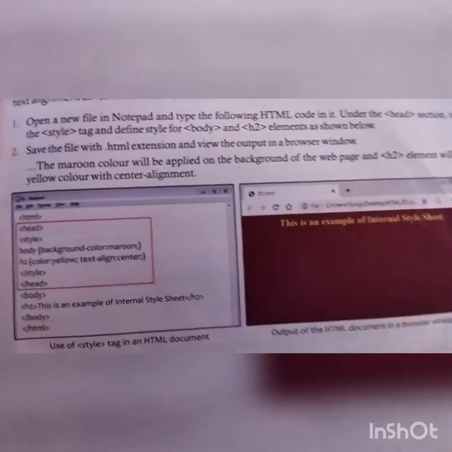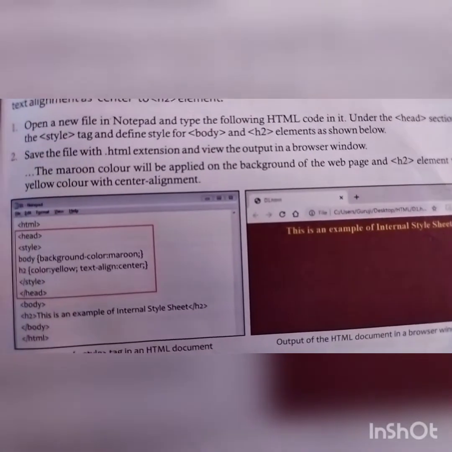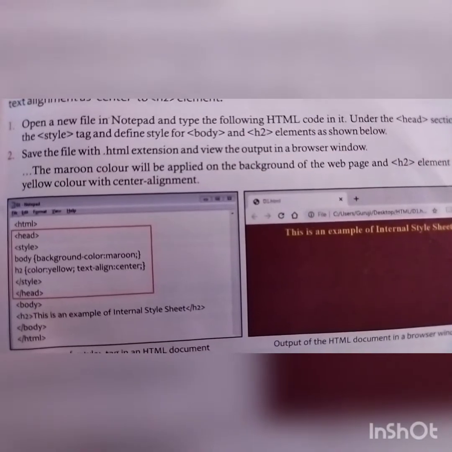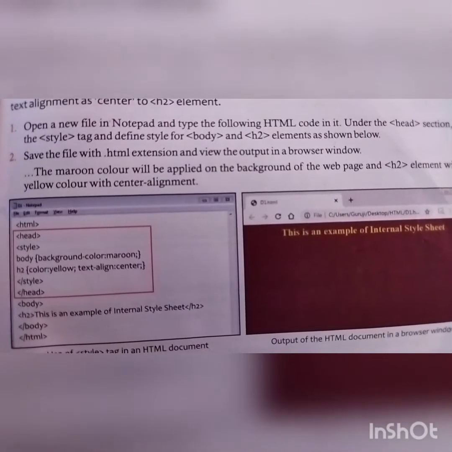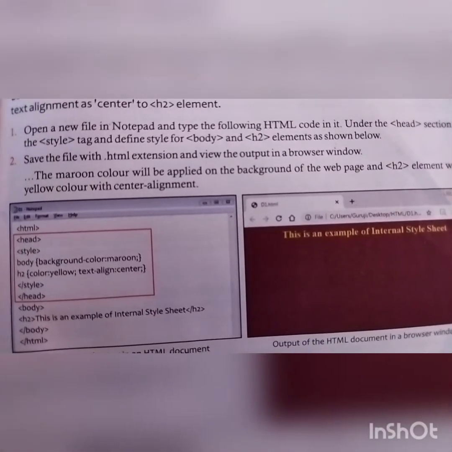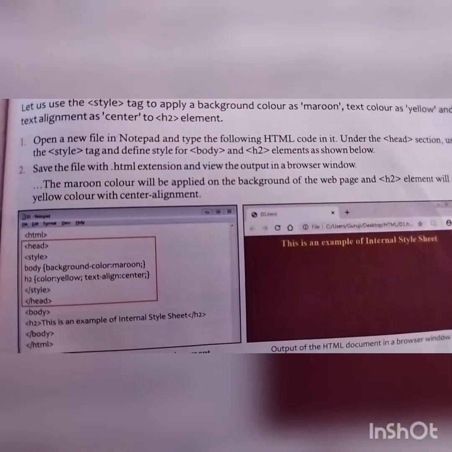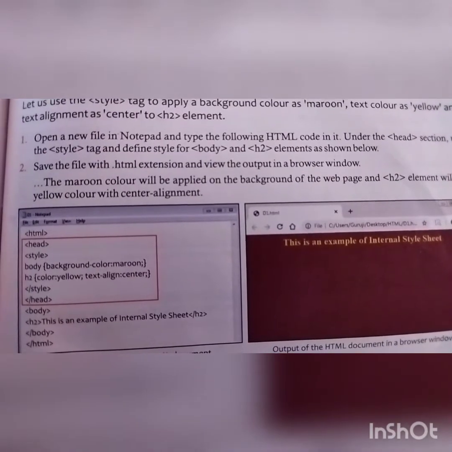First, see the coding. You write HTML, head, style, body with background color maroon, H2 heading with color yellow and text alignment center. Then close the style tag, close the head tag and open the body tag. In this body tag you write a line in the H2 heading: this is an example of internal style sheet.